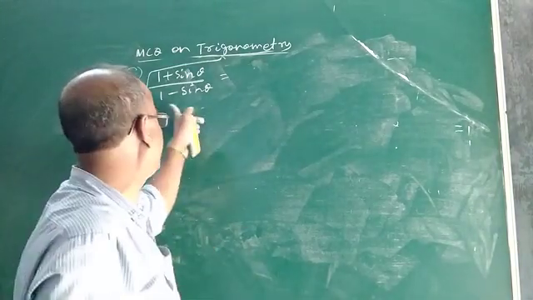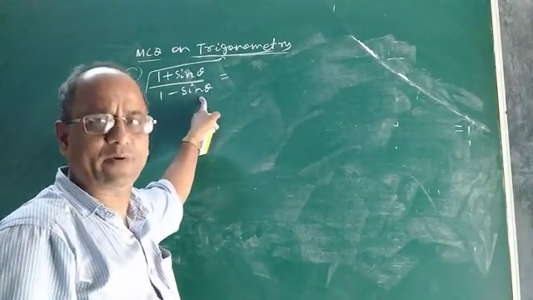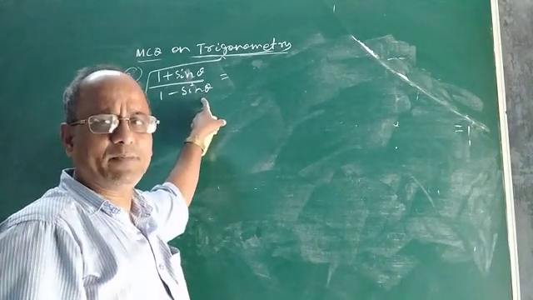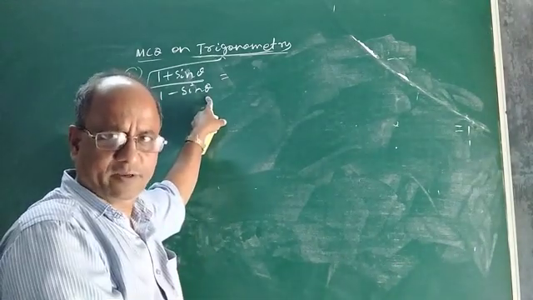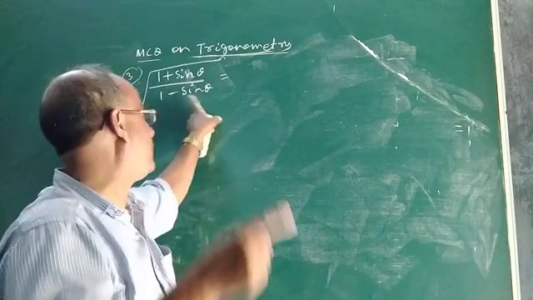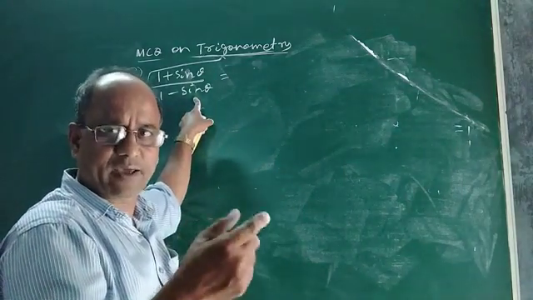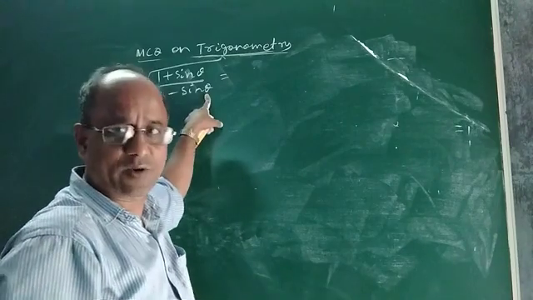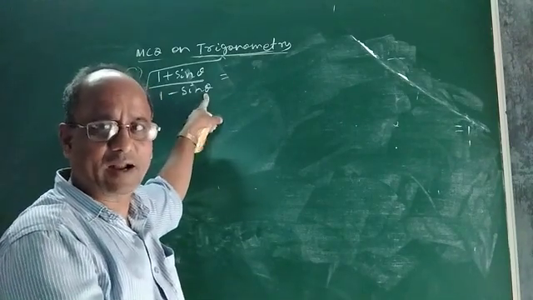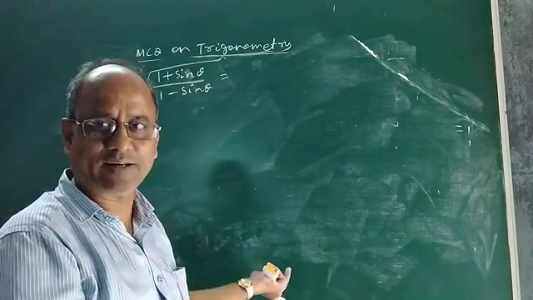The trick is, look at the denominator. Here it is given 1 minus sin theta. If we multiply 1 plus sin theta to the denominator, it will be of the form a minus b into a plus b, that is a square minus b square. So it will become 1 minus sin square theta, and that is cos square theta. And if you take the square root, it will become cos theta.